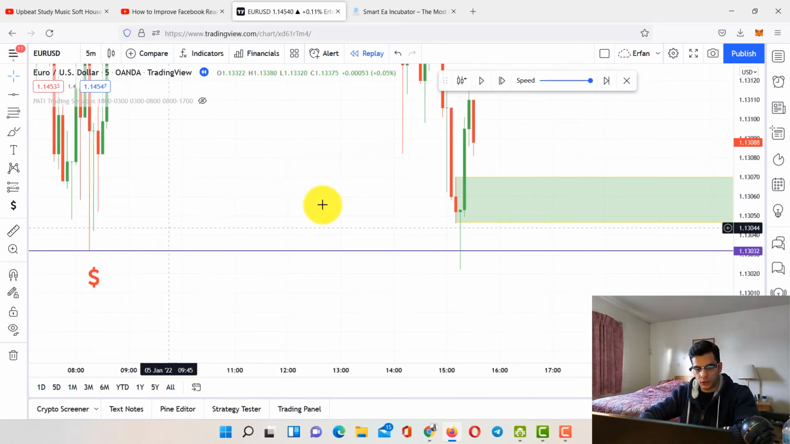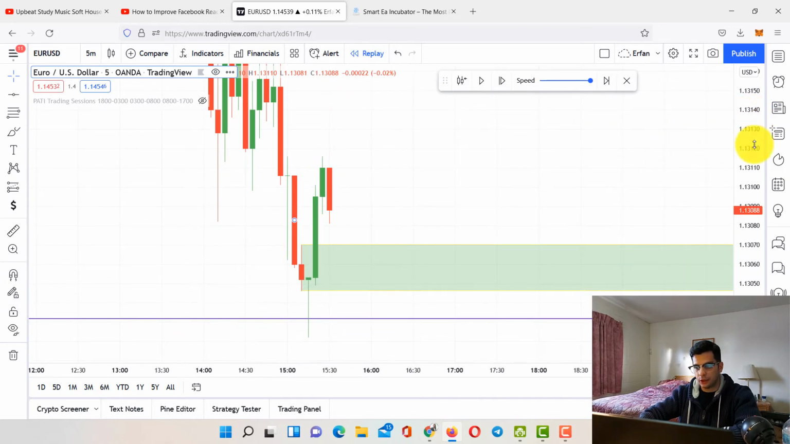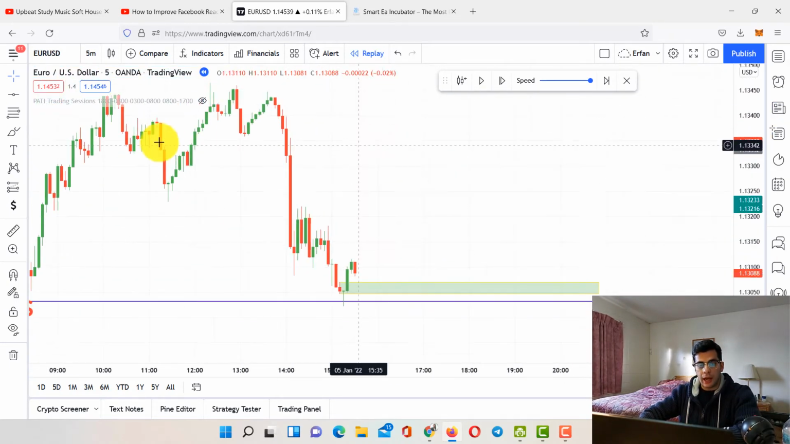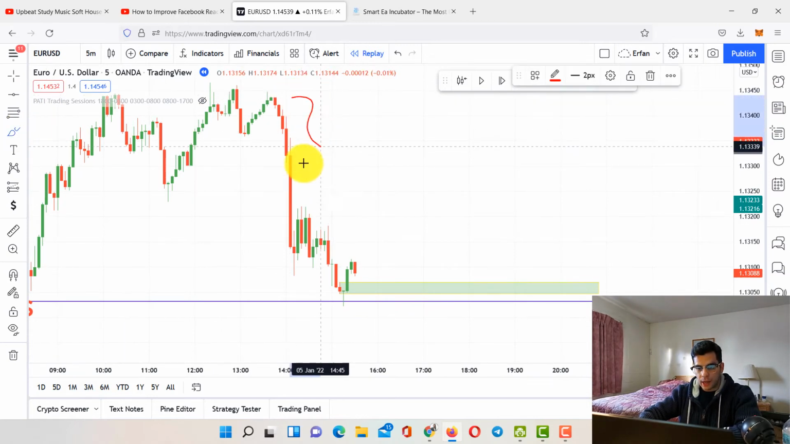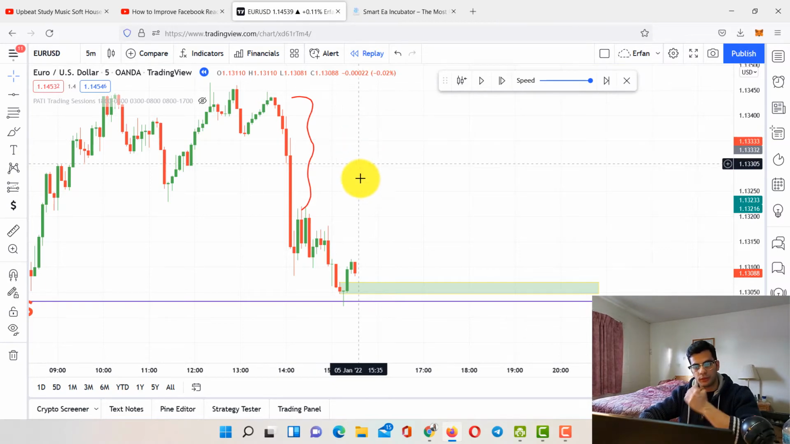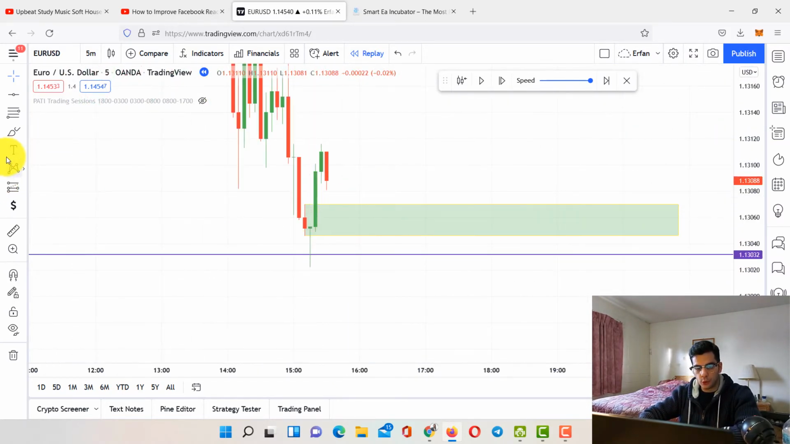After grabbing all the liquidity and after seeing this momentum, you can take your buy position here, put your stop loss here, and then you can leave your runner, or you can have a one-on-one risk to reward. However, we have a huge gap here that needs to be filled, but when is it going to get filled, we don't know. But right here we have a low probability